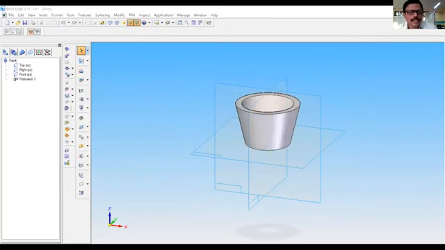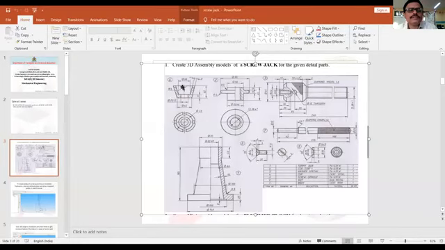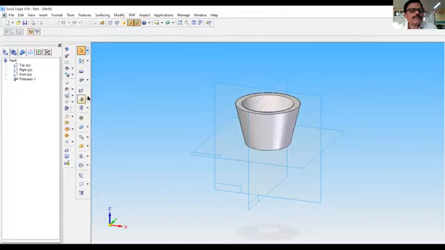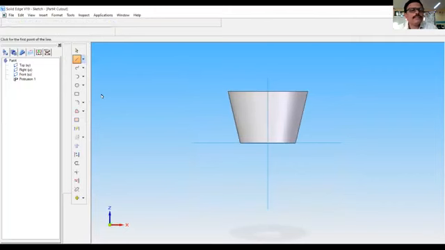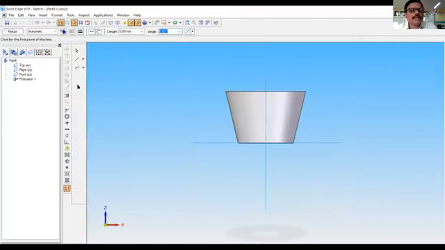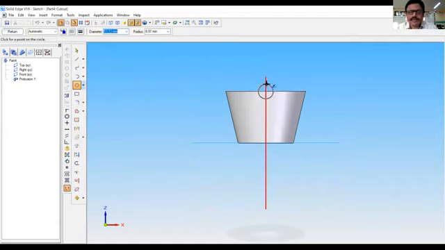Now in the diagram, you can see these cups. 5 mm radius cups are there. So that we will do by cutout option. Cutout, select the plane. Draw the circle exactly at the center. Its diameter is 10 mm.